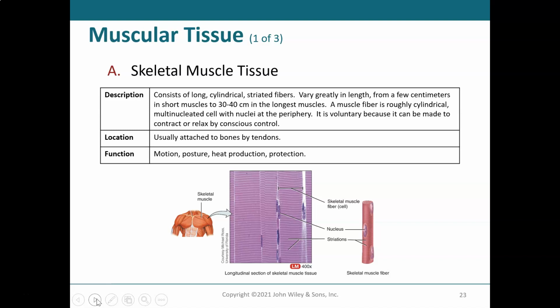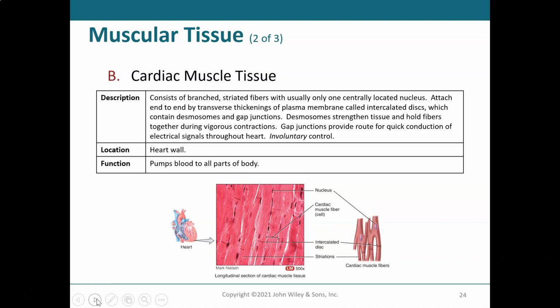And again, it's voluntary because it can be made to contract or relax based on our thinking about it. It is attached to bones by tendons. And again, skeletal muscle has an important role with respect to movement, posture, heat production, and protection. Contrast that with cardiac muscle, and what we find is a little bit of a different kind of makeup to this tissue. It is branched, it is striated like